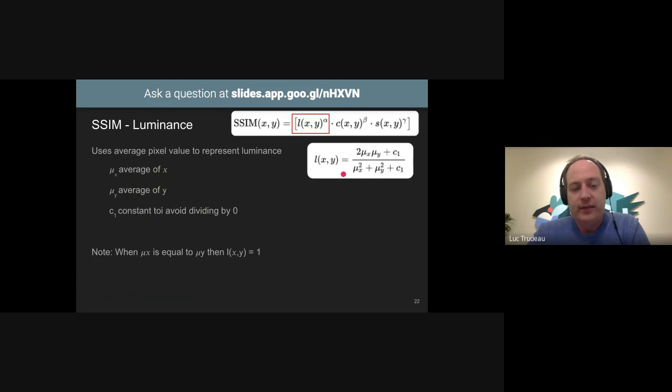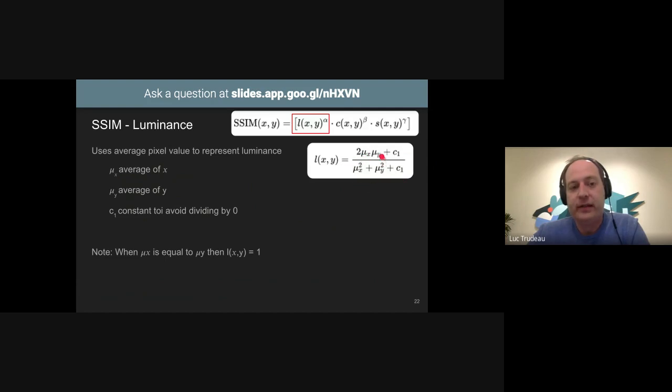Now, this might look like a very complicated math function, so I'll try to break it down so it's very easy to understand. First of all, the C's here, we can just ignore them. We're going to see a lot of C's in the next equations. They're always just there so we don't divide by 0. They don't actually have a big impact on the behavior of what's going on, so we'll just ignore these.